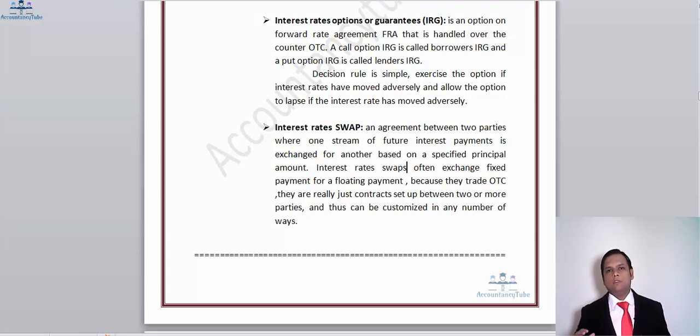Here the two parties basically exchange the loan just like in a currency swap, but there is a very minute difference. Here the currency is the same, but the rates of interest fluctuate. That is, one company has obtained a loan at a fixed rate and the other has obtained a loan at a floating rate. So what they do is exchange their loan arrangements. Normally the loan is of more or less the same amount. So they exchange their loan liability, and as a result their interest rate exposure is reduced.